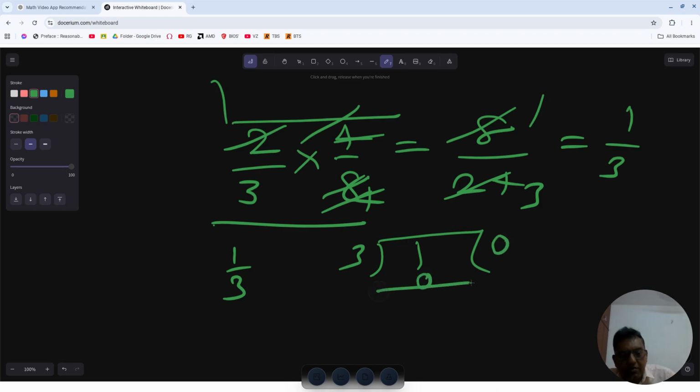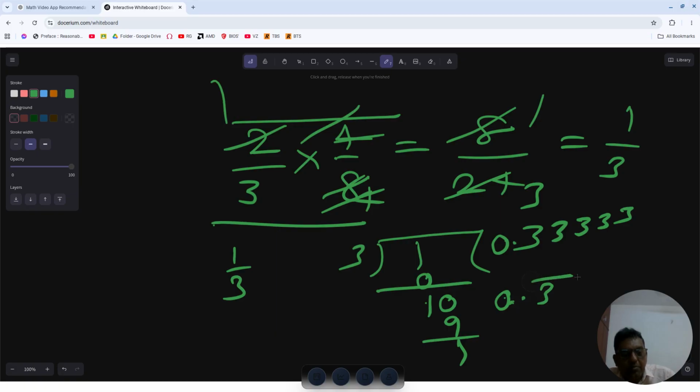The 0 will come and the 1 will come. 1 is less than 3, so you will put a point and then 0. And 3 3s are 9, 10 minus 9 is 1. So this 3 is occurring again and again. This is called a non-terminating recurring decimal, and it is given in the form of